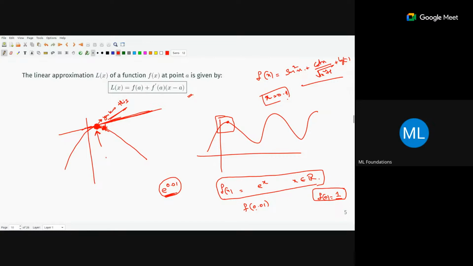And from practice or from the proofs we define, there can be many straight lines passing through this point. There are infinite lines. Among these infinite lines, we concluded, we have proven, that whatever the tangent line to this curve is, that is the best linear approximation we can have. That can be the best line to approximate. Okay, this is proven.